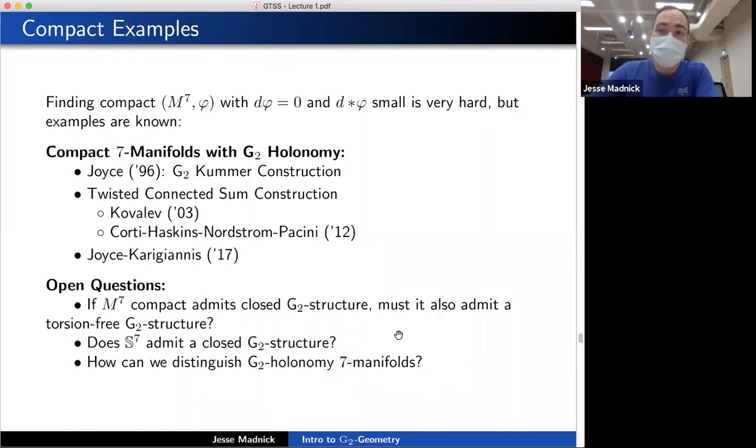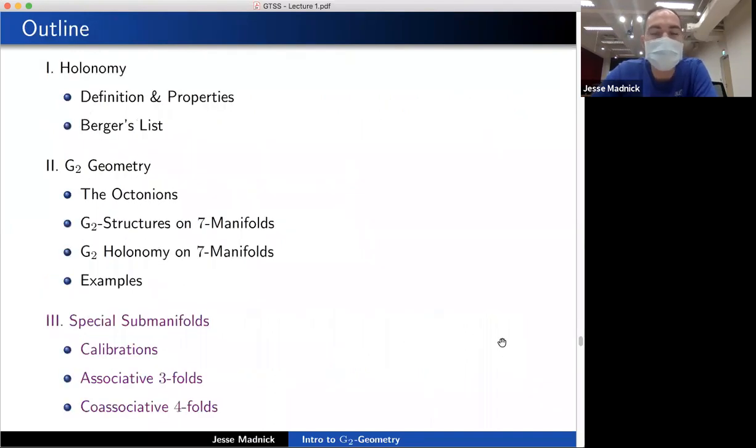But on the other hand, you might also hope that you could distinguish these 7-manifolds by counting special submanifolds inside of them. So you might hope that a moduli space of special submanifolds, analogous to the Gromov-Witten story in symplectic geometry, might work. So maybe you hope that moduli spaces of distinguished submanifolds would lead to invariants of torsion-free G2 structures. I'll hint at that a little bit next time, but I think maybe this is a good place to stop